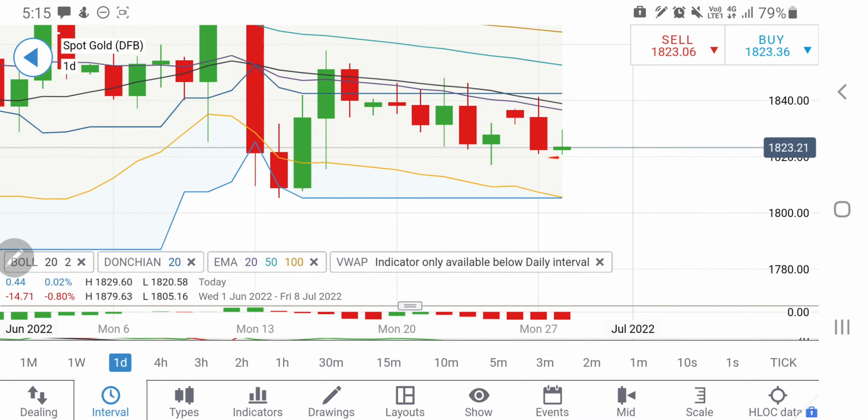But yes, if it breaks below 1818, consider that as a breakout, and then it is going to give you a strong breakout which may try to bring it towards the 1810, 1808 levels. I will be watchful of 1818. If it breaks below 1818, go short there, else it may try to